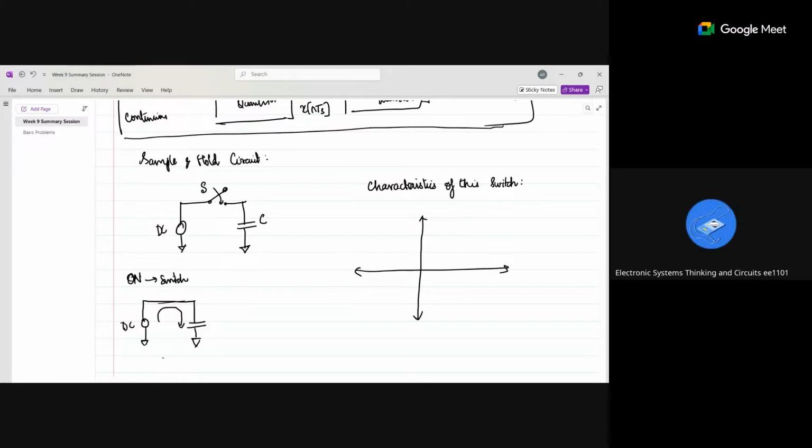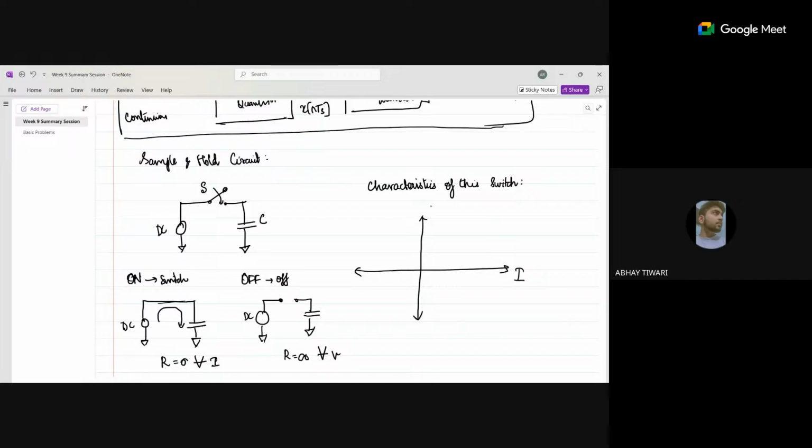So when the switch is on, resistance is equal to 0 for all current. In the same way, if the switch is off, it means the switch is open circuited. The resistance will be infinity, whatever the voltage is, right? Yes, ma'am. So my VI characteristics will be